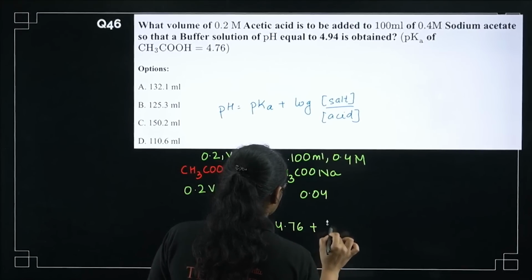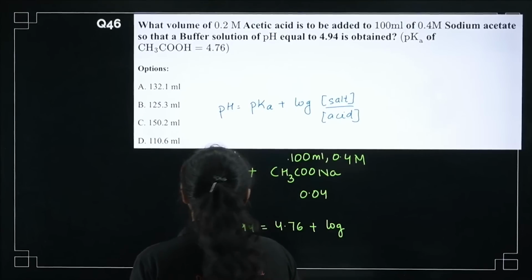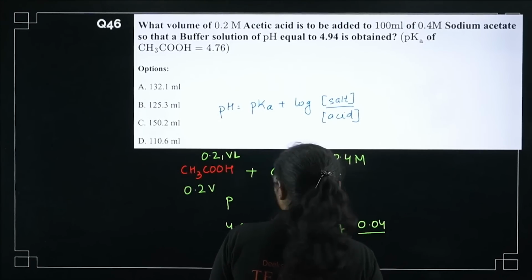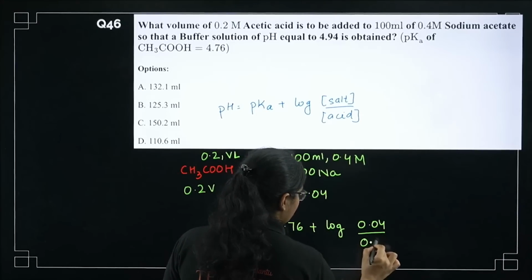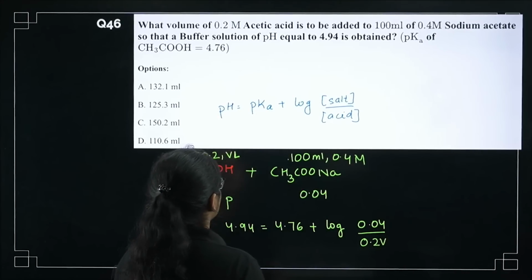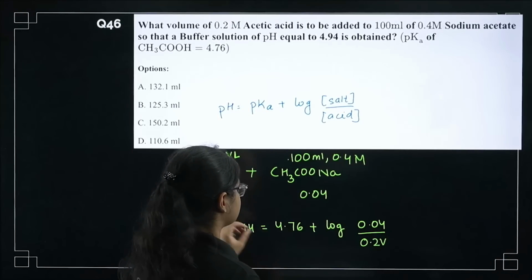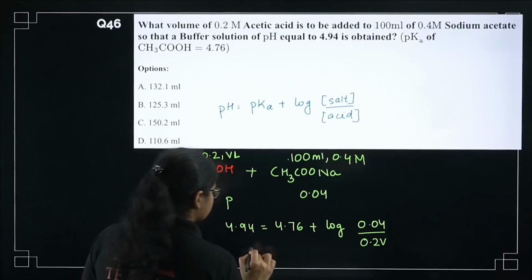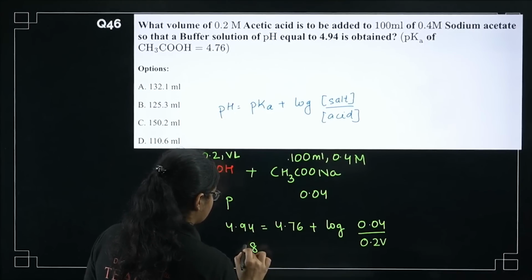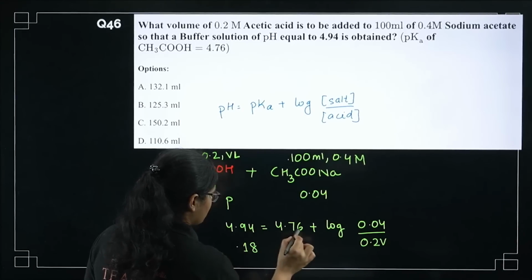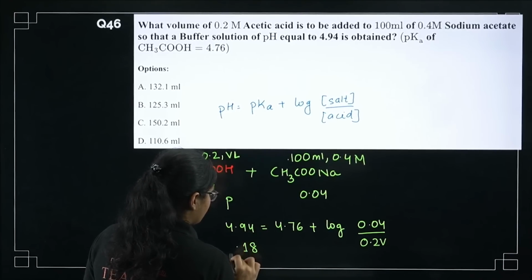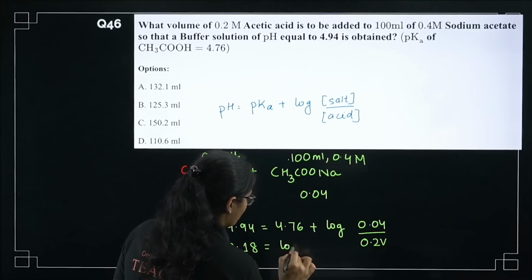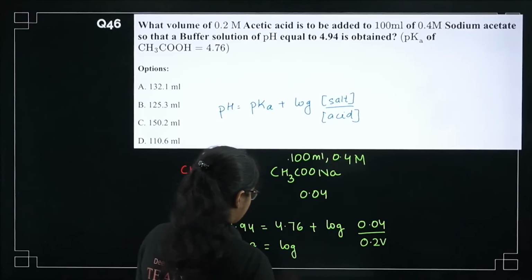4.76 plus log of salt concentration, which is 0.04, and the acid concentration is 0.2 V. Now we just have to solve and find the value of V. What I can do is subtract: 14 minus 6 is 8, 8 minus 7 is 1, so I'll get 0.18,